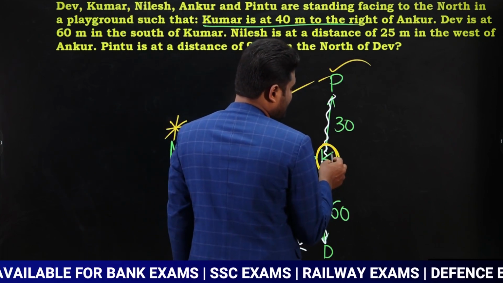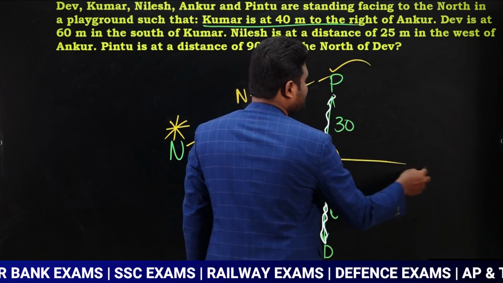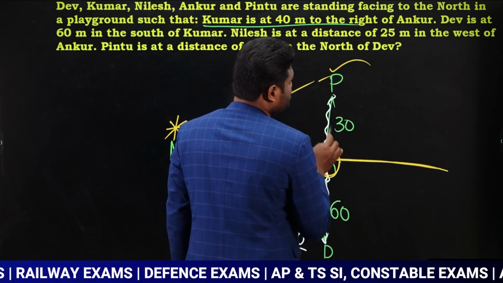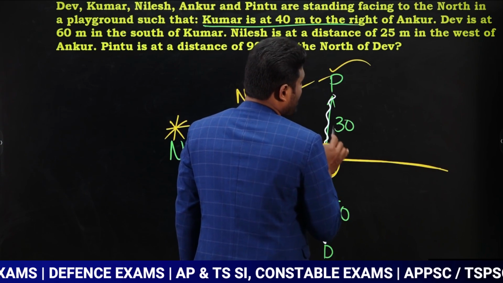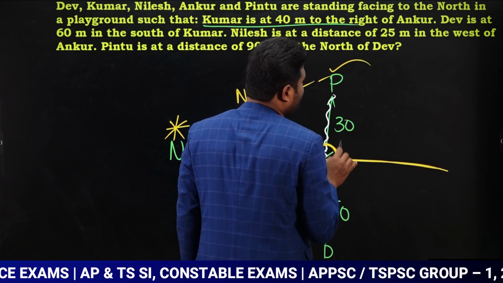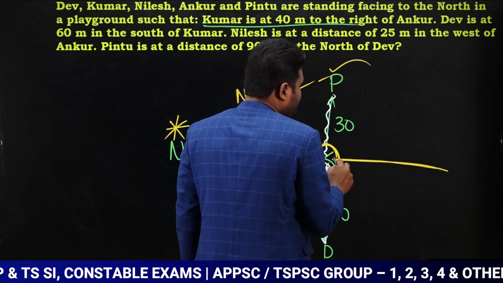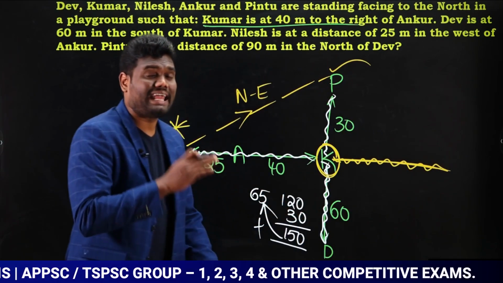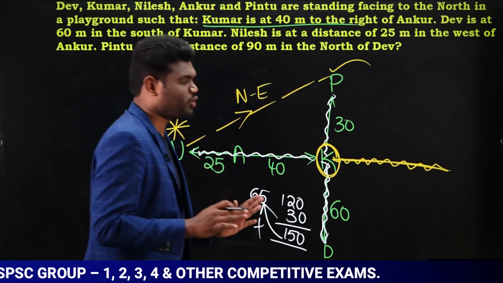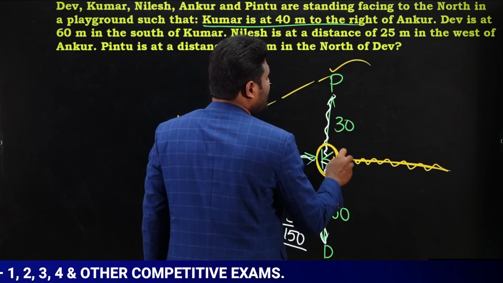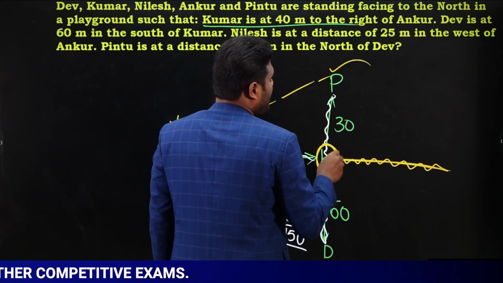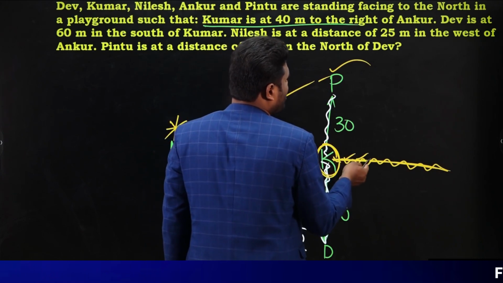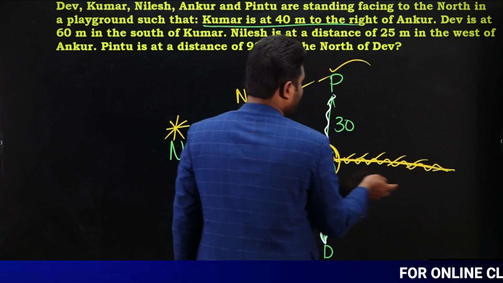Person right to Kumar means, now this is Kumar. Kumar right means this one. Yes or no? Now the question is saying who is to the northwest of the person to the right of Kumar. Actually if you observe, right of Kumar no one is there. But it doesn't matter. According to the question, the person may be sitting here or here or here, whatever it may be.